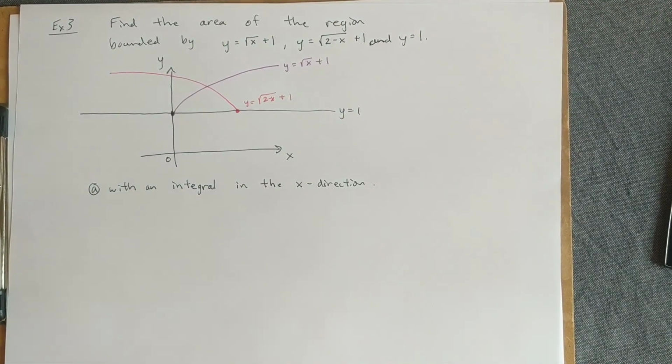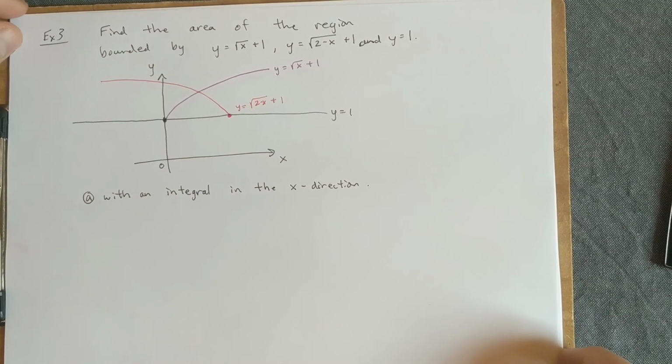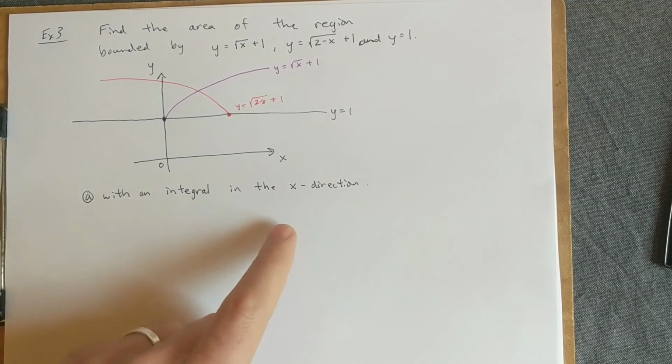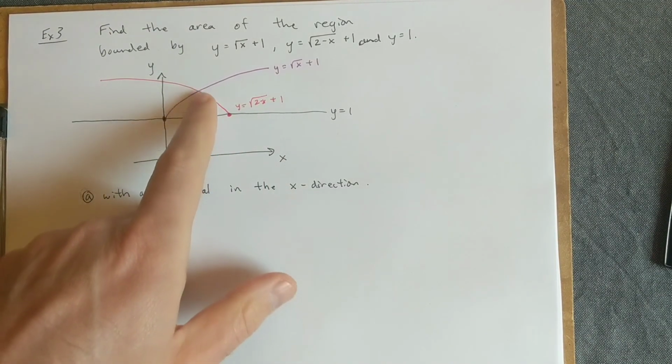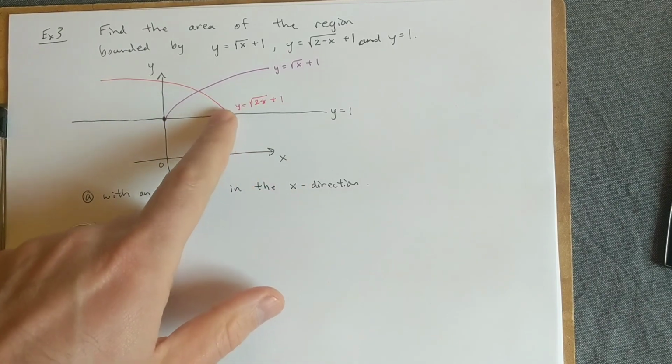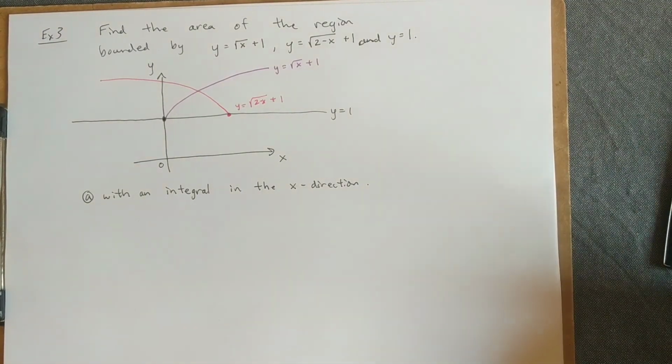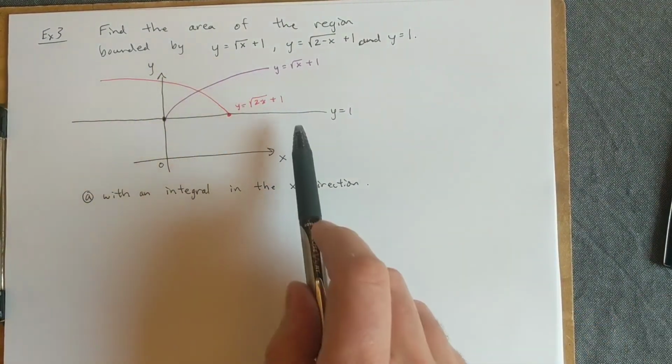Okay, so let's do a slightly more complicated example. And we're going to solve the same problem in two different ways, just so we have an example of integrating in the x direction with it split, and then another example of integrating in the y direction, which we haven't done yet. All right, so the functions that are bounding our region in this case are y equals the square